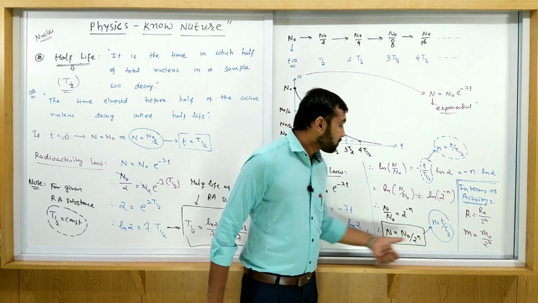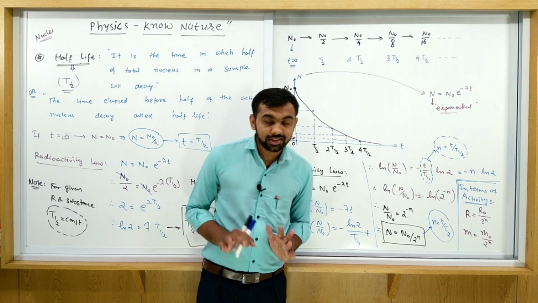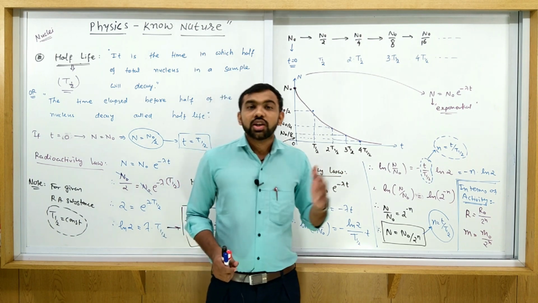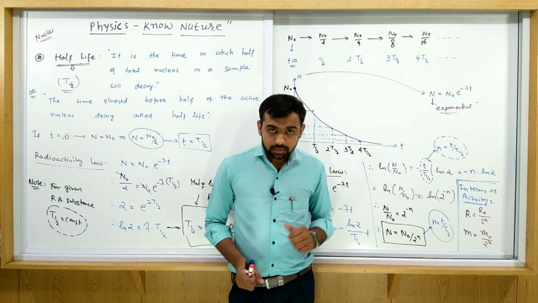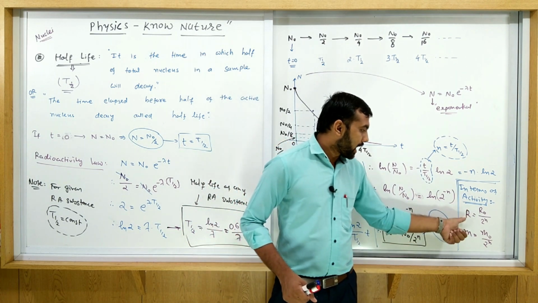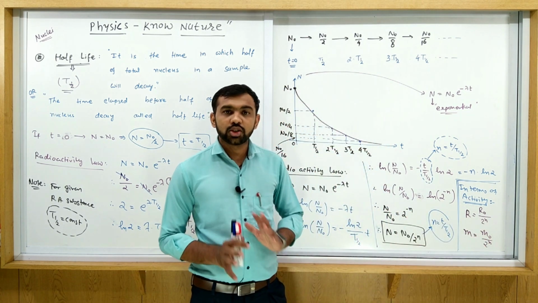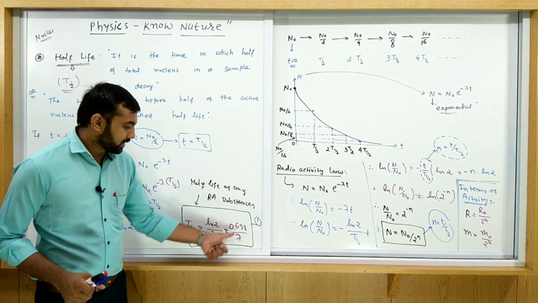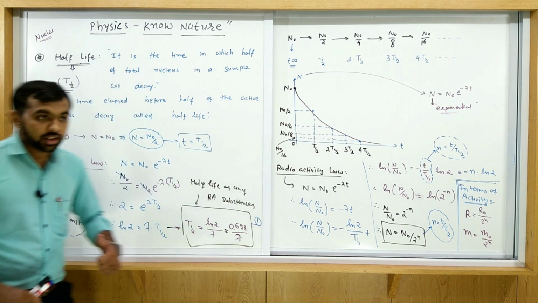All of you must remember this law, this equation, to solve different problems. Right now you have a total of 6 equations. N is equal to N0 e raised to minus lambda t, R is equal to R0 e raised to minus lambda t, M is equal to M0 into e raised to minus lambda t. Now the second set: N is equal to N0 upon 2 raised to n, R is equal to R0 upon 2 raised to n, and M is equal to M0 upon 2 raised to n. So you remember all 6 equations, and the half life is equal to ln 2 upon lambda, which is 0.693 upon lambda. Remember all these equations to solve the problems. Now pause your screen and note down all these things.